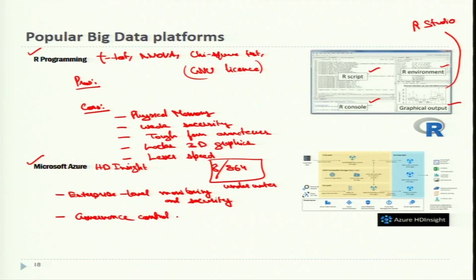Governance control to the cloud, that means it protects your data sets. It offers developers and scientists a platform with a high level of productivity,